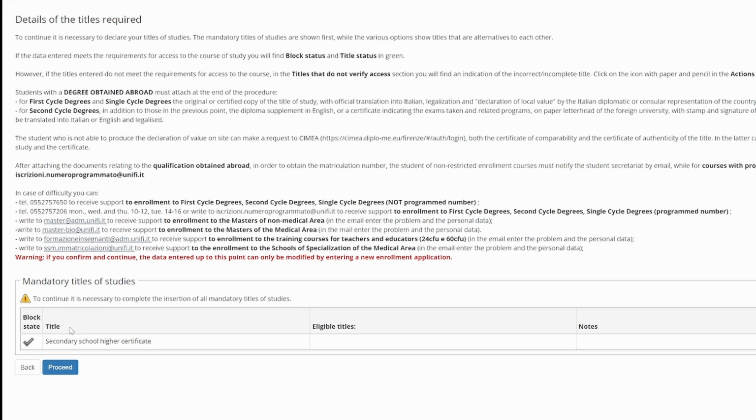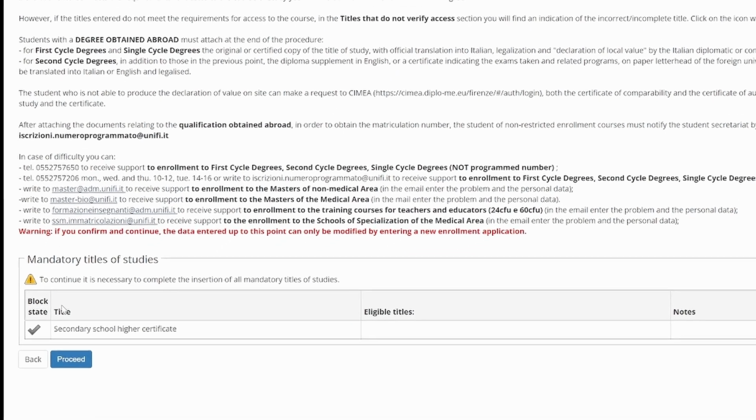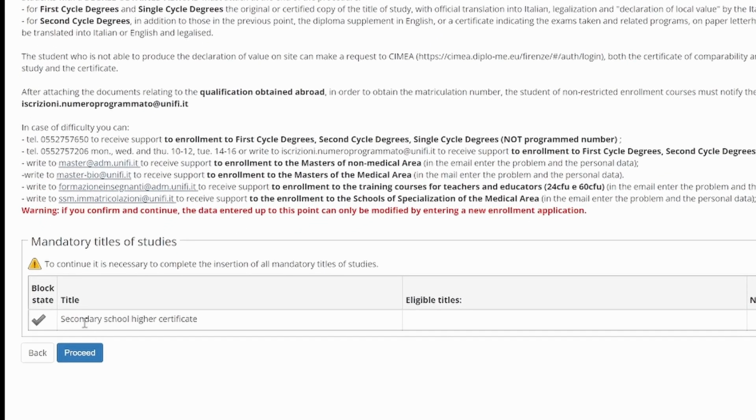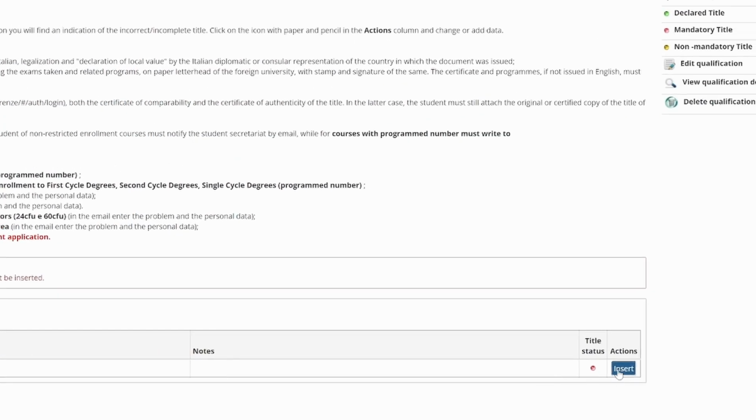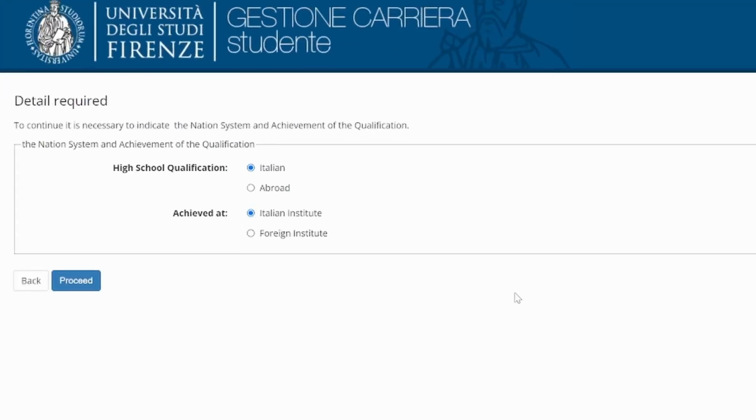In this section, you have to enter the information about your high school diploma if you are going to enroll in a bachelor or single cycle degree program. Click on Insert.